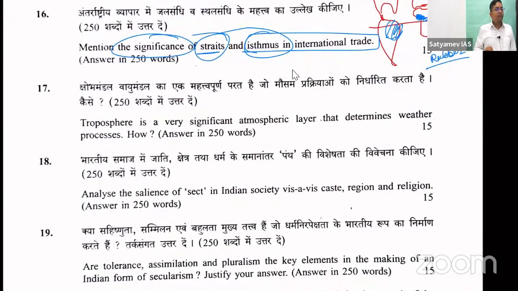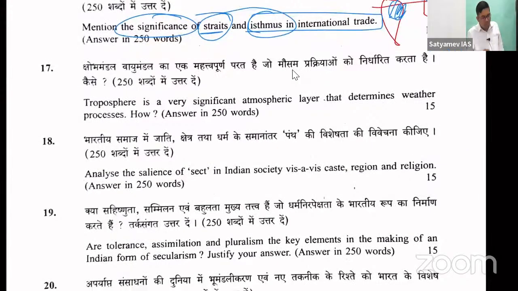All right. So Southeast Asia is integrated with India and China because of what? Isthmus of Kra. And the Isthmus of Kra, as I told you in the beginning, can be the alternative route for the Strait of Malacca. All right. So what will be the conclusion? The conclusion will be that the Straits and Isthmus